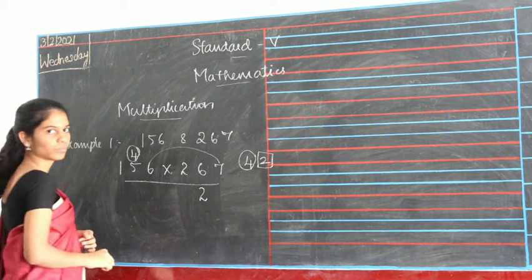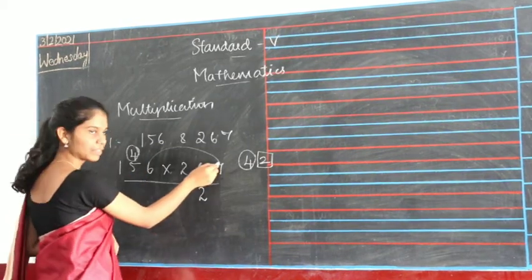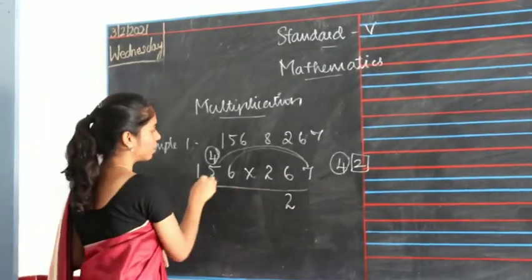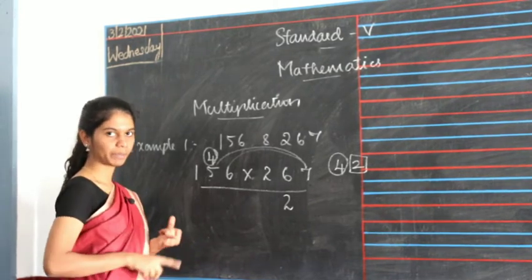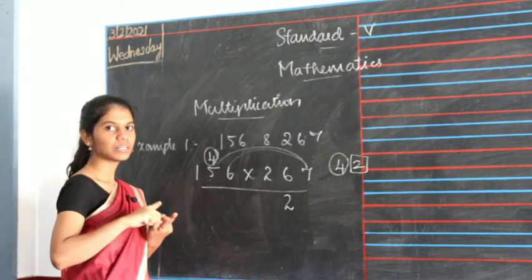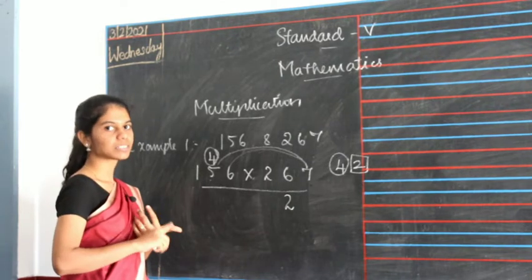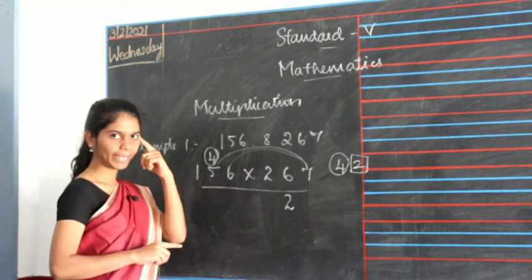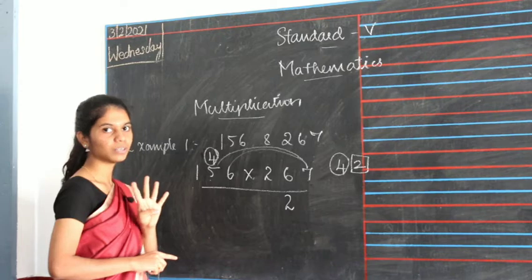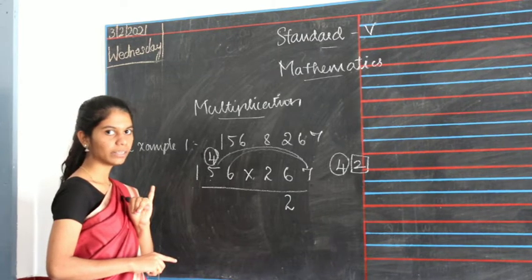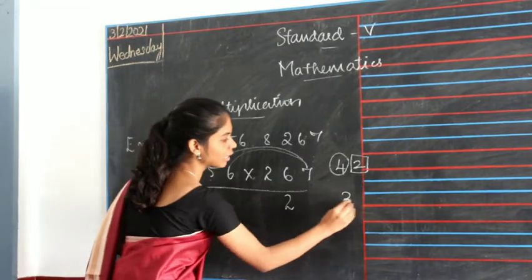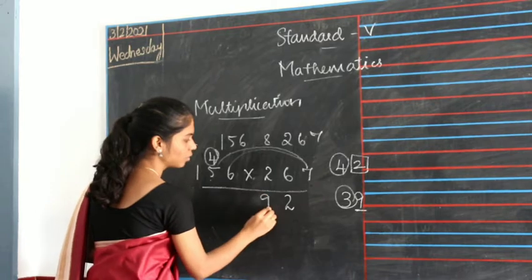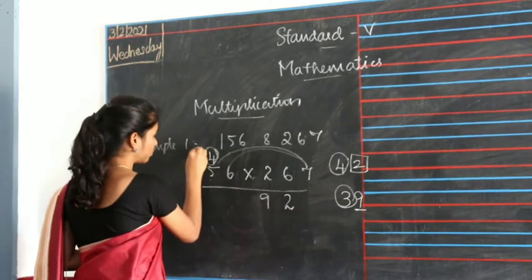Now here you have 7, and 7 is multiplied with the next number in the tens value, which is 5. So 7 5s, again 7 table. 7 1s are 7, 7 2s are 14, 7 3s are 21, 7 4s are 28, 7 5s are 35. 35 you got, and 4 is carry. So 35 in your mind, 4 on your fingers. 35 after 36, 37, 38, 39. 9 is your unit and 3 is your ten. So 9 you will write down and 3 will go as the carry.